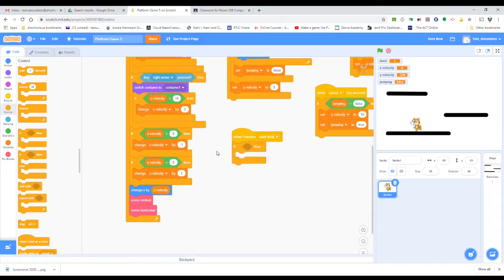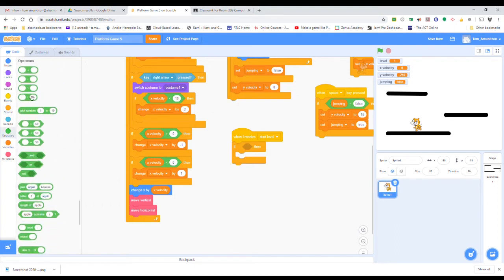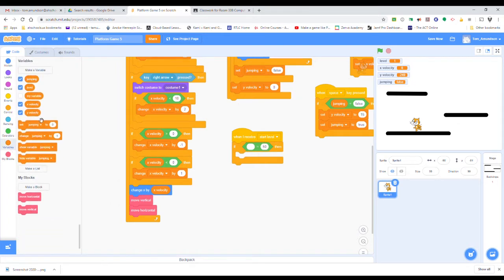Going to do an if then. We're going to go to operators and we're going to say equals. We're going to go to variable level. So if the level equals 1,